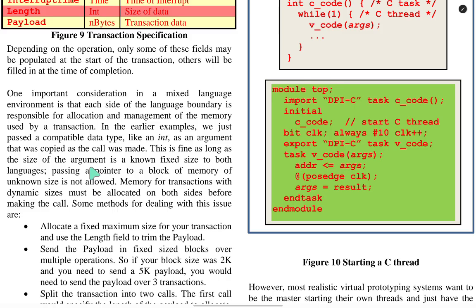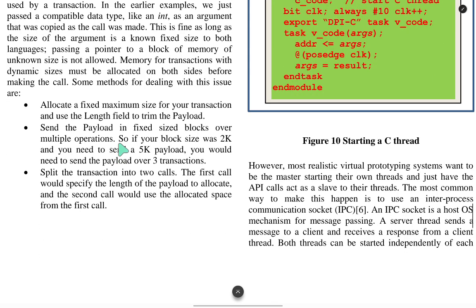In the earlier example, we just passed a compatible data type, like an int, as an argument that was copied as the call was made. This is fine as long as the size of the argument is a known fixed size in both languages. Passing a pointer to a block of memory of unknown size is allowed. Memory for transactions with dynamic sizes must be allocated on both sides before making the call. Some methods for dealing with this issue are: